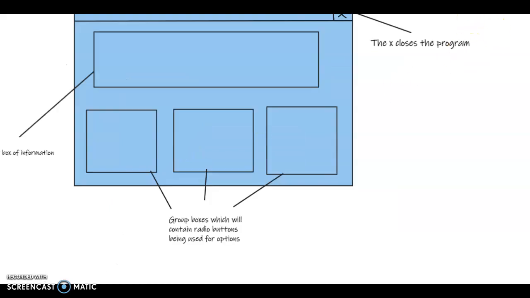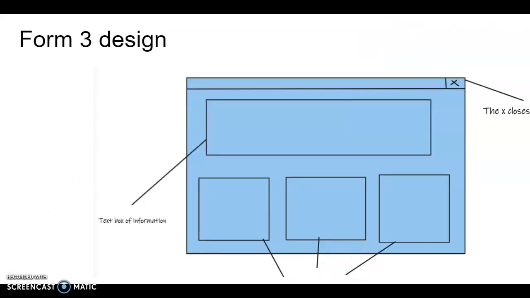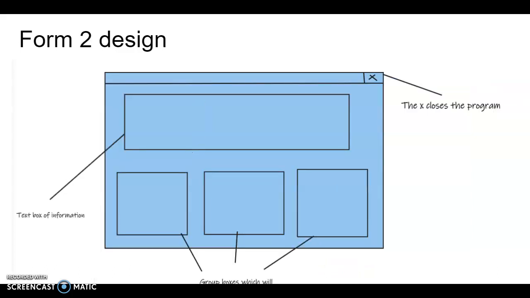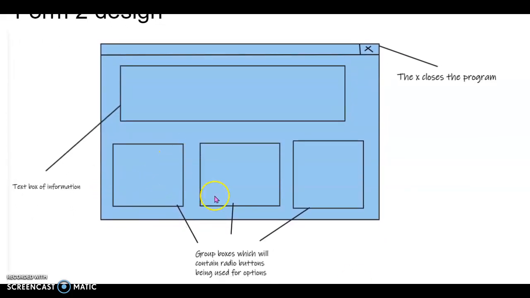There we go, there's Form 2. Very different. Let me just move this down. Oh, that's weird. Yeah, so Form 2 is going to have a bunch of group boxes with options, three of them, and the